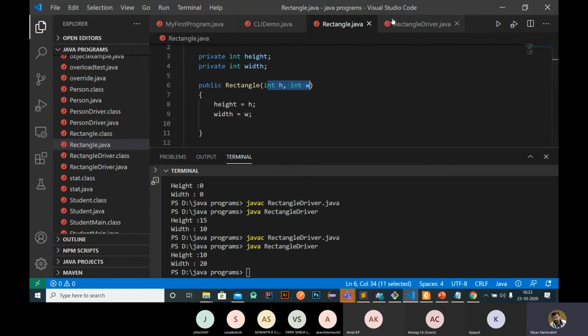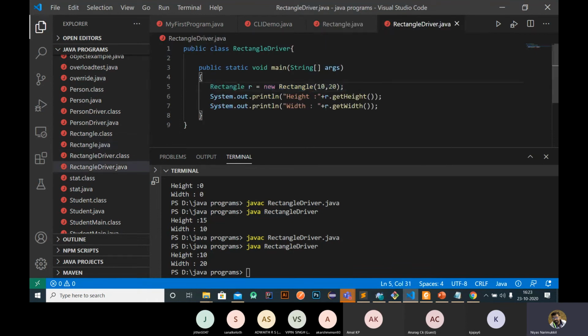So in that case, while creating an object, you need to pass the same parameters here. The constructors will be called automatically when we create an instance of a class. Okay. So this is also possible.